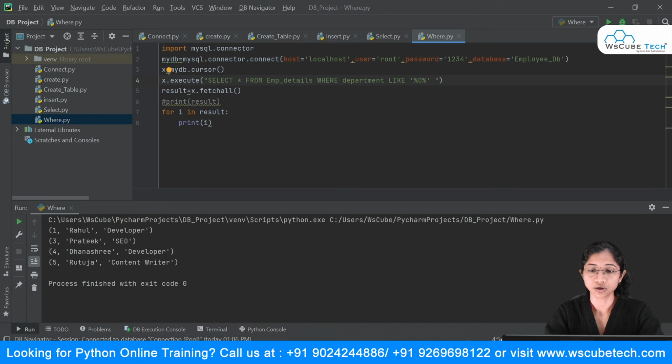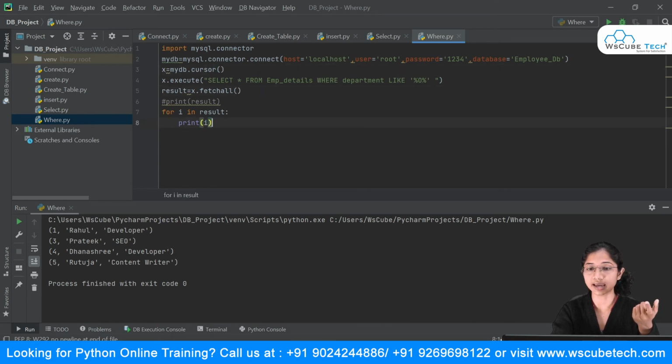So this is how you can make use of like with the where statement. It will simply search for this keyword in the column name you mentioned. So in the department, suppose this O is there, so it will give you all the records having that particular letter or phrase. All right. So this was how you can make use of this where statement over here.